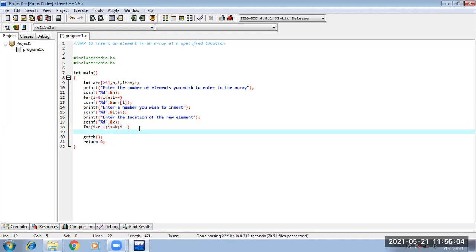And here I was doing what? I was saving the last value to the I plus 1 value. So how will I write this thing? Anyone, how will I write this thing?